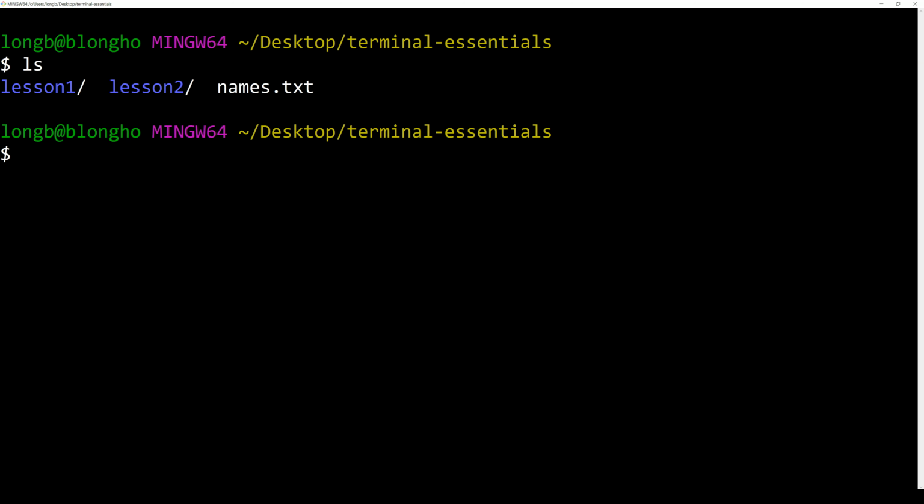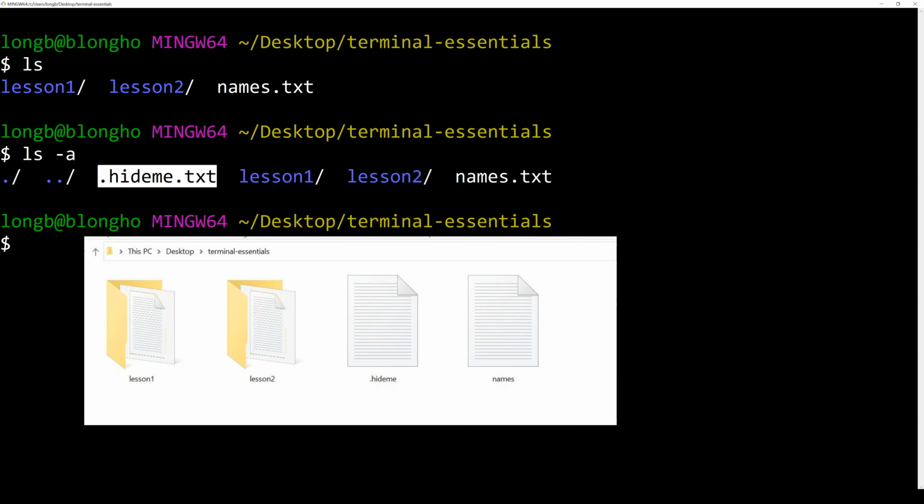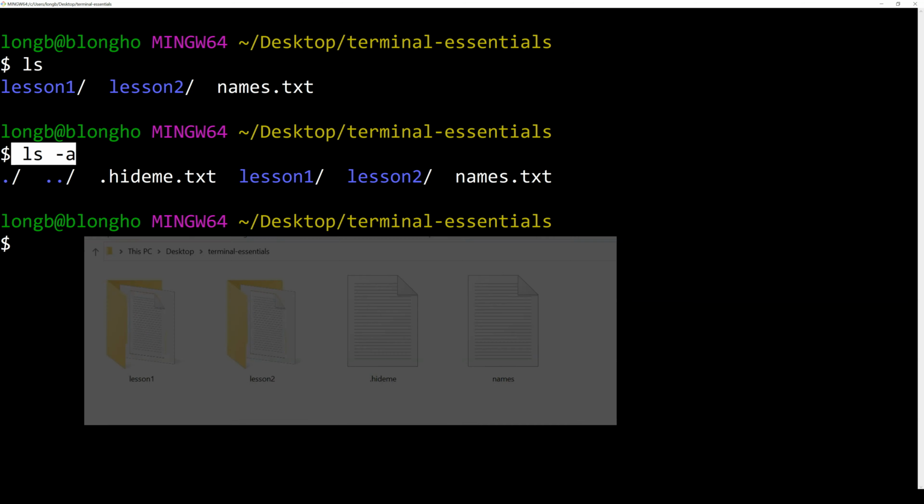This is because in the Linux system, any file that starts with a dot is considered a hidden file. To see a hidden file, we need to pass in an option, ls, and that option is -a. This current directory, we hit enter. Now you see that we have the .hide.me.txt file here. Now it is visible. Compare it with this command, ls without any option and ls -a.